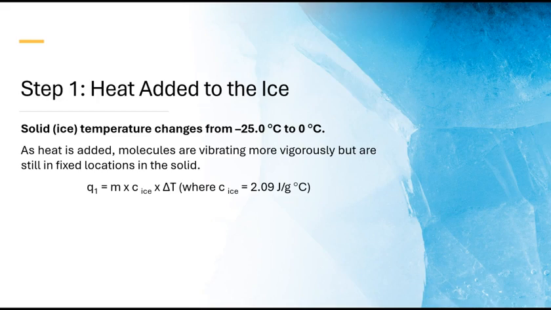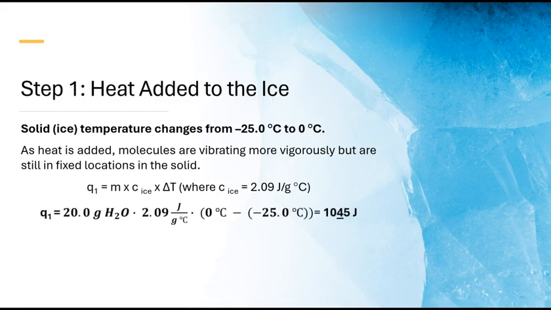Because we're changing temperature, we're going to use Q equals mc delta T, where we have to use the C of the ice. The specific heat capacity of ice is not the same as water. It is 2.09 joules per gram degree Celsius. Plugging in our variables, we're going to go ahead and take the mass of water that's given to us, 20.0 grams, times the specific heat capacity of the ice,